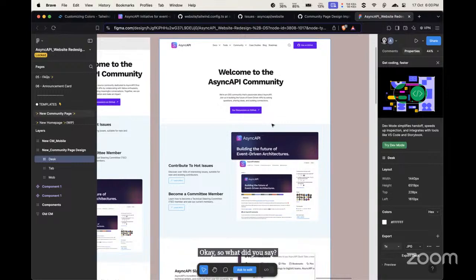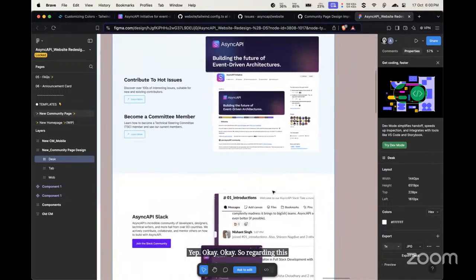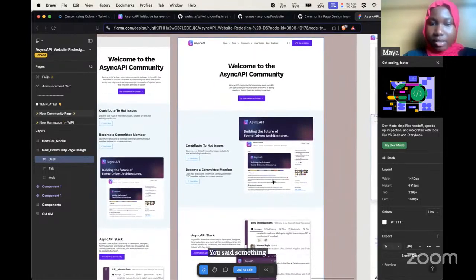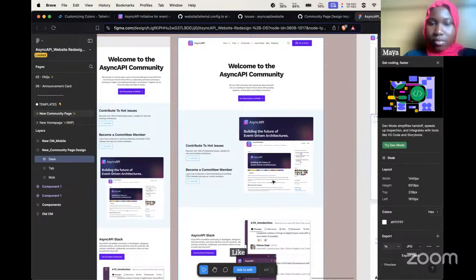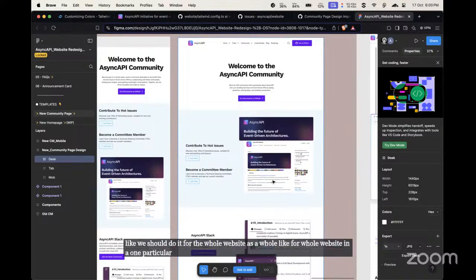So you said something earlier about changing the design system. I'm saying that if we are changing the design system, we should do it for the whole website as a whole, in one particular Figma file.